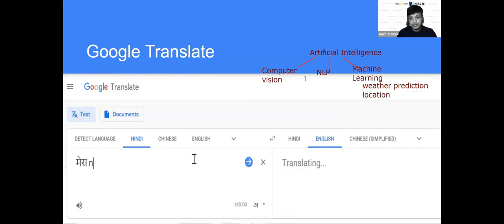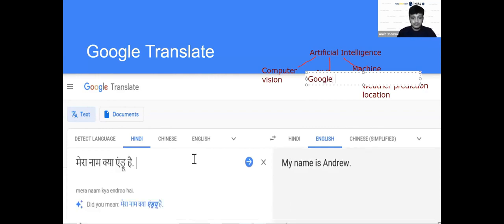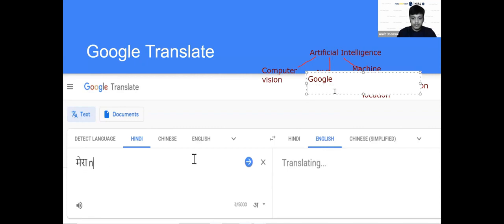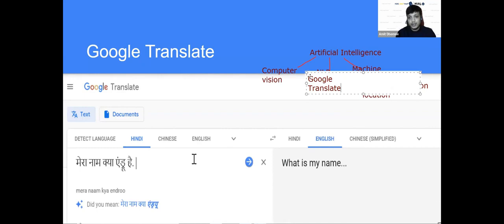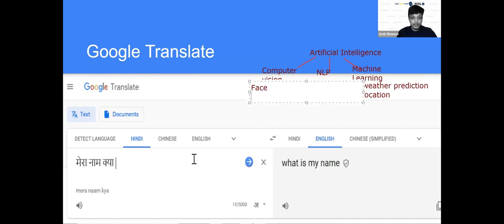Next is NLP, Google Translate. Google Translate is an application of NLP, where you are working with natural language processing, and this is face recognition.